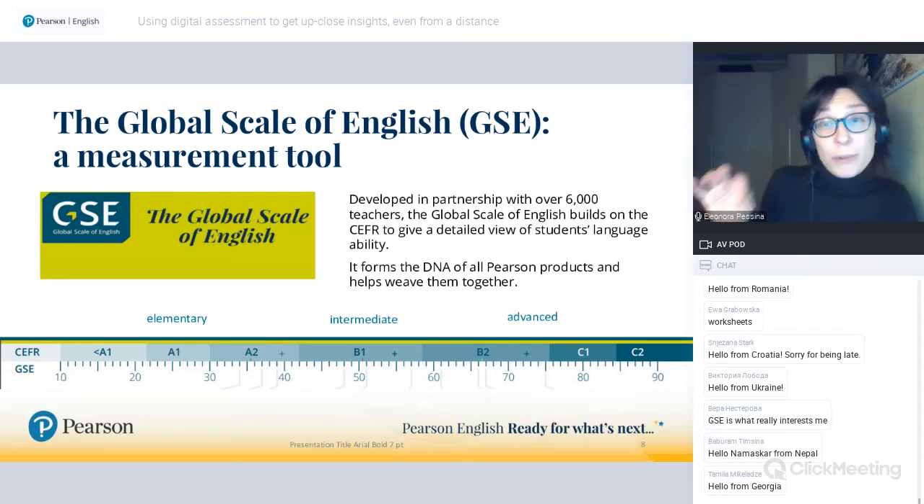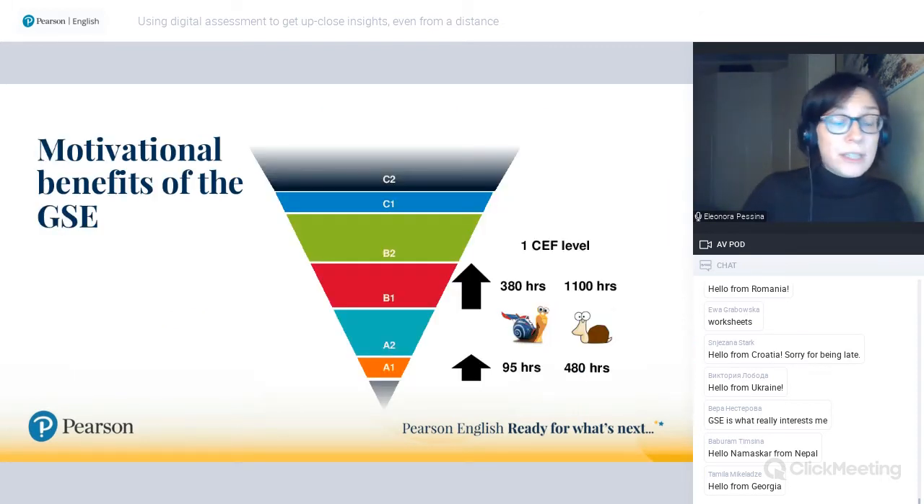And the main objective was really to provide a little bit more detail into the bands of the Common European Framework. And as you can see, every band in the Common European Framework equals 6 to 8 points of the GSE scale. And why did we do this? Well, one of the reasons why we wanted to move to a more granular scale was to really motivate learners by showing that progress is made, even if it's not enough progress to move from one level of the CEFR